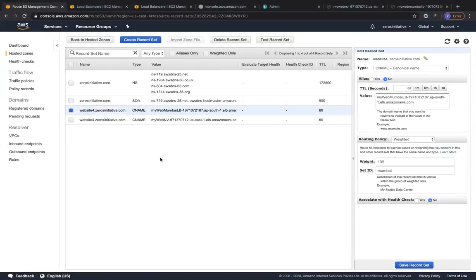Let's keep that open, and in the meantime, let's do some health checks and let's come back. Because from my experience of testing the weighted routing policy, it takes a little bit of time to set in. So I'll just wait because even the TTL is 60 seconds. So let's give it some time. In the meantime, let's do health checks and let's also learn about the failover routing policy, right? So to do health checks, let's go to health checks on the left side.